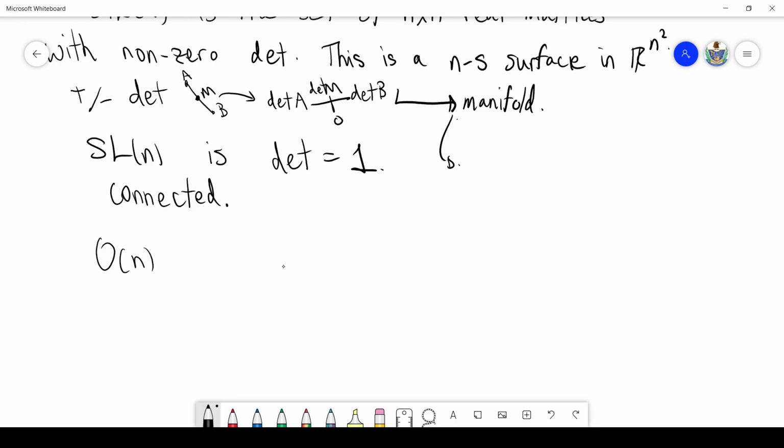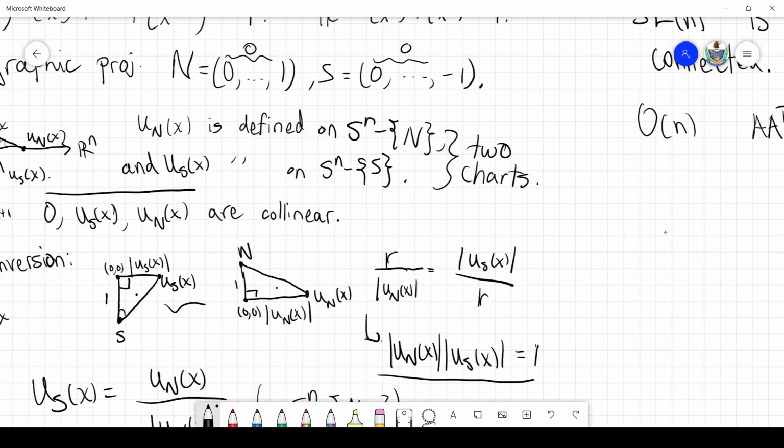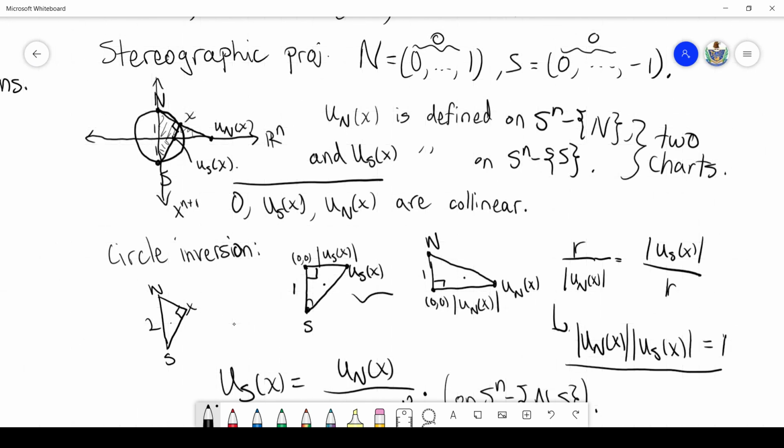A third example of a matrix group is the orthogonal group, which are the matrices such that if you take the matrix and multiply it by its transpose, this is equal to the identity. And this is an example of a compact manifold. Oh, and I forgot to mention, Sn is compact, because, remember, I mentioned in the last video, by Heine-Borel, if we have something in Euclidean space and it's closed and bounded, then it's compact. The sphere is obviously bounded, and it's closed because, well,